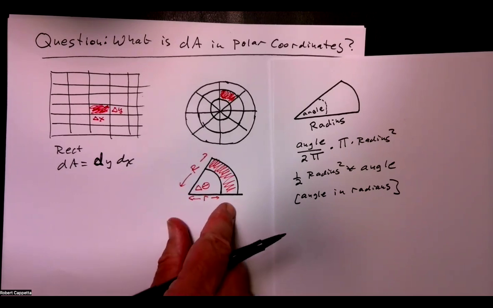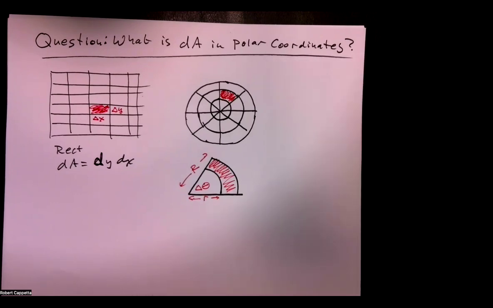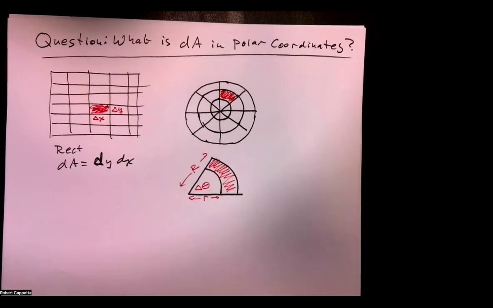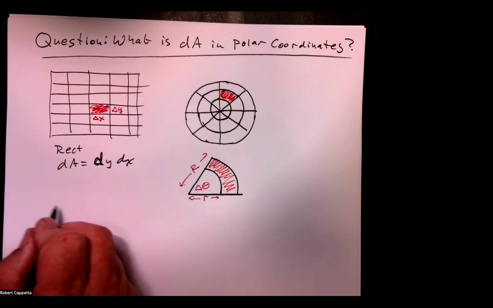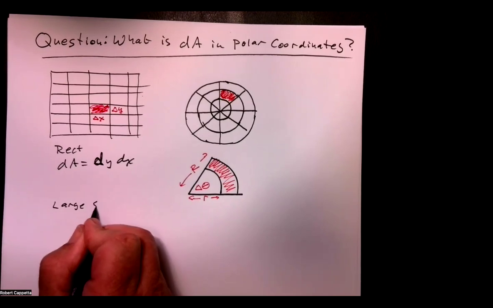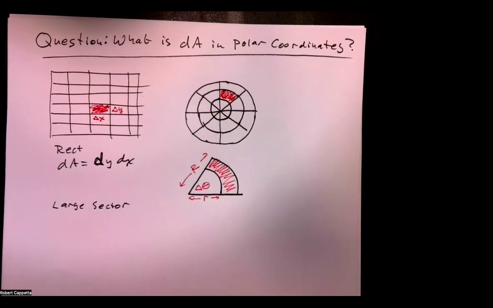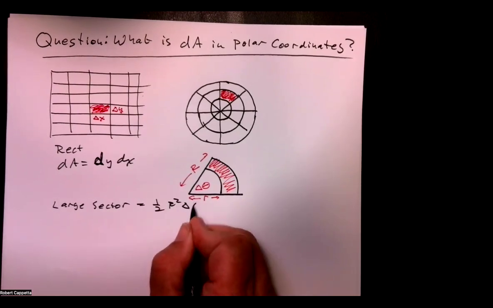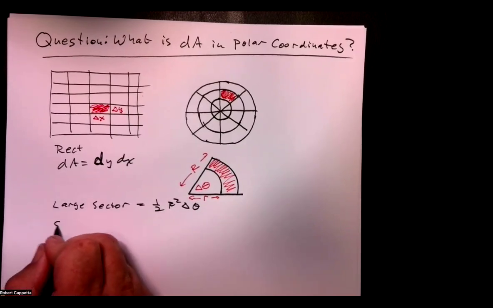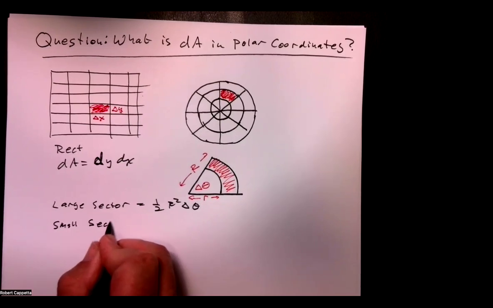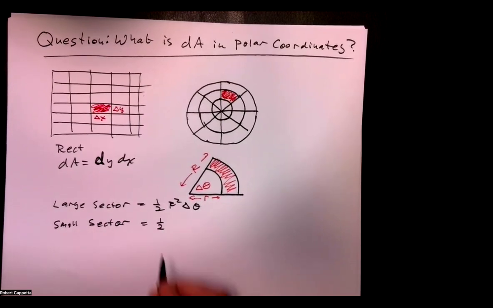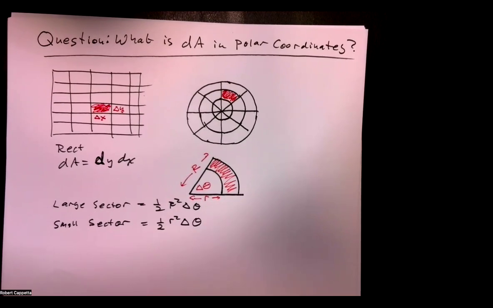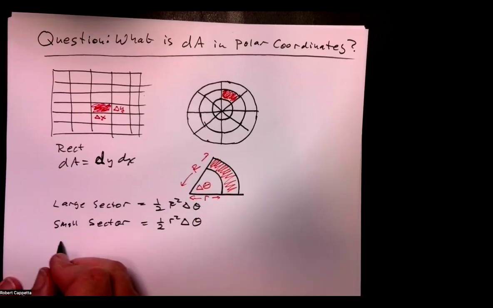So if we're looking at this, I have two sectors here. I have a large sector, and then I have a small sector, and I'm interested in the difference of the two sectors. So the large sector, what is my area? It's 1/2 radius squared times the angle. So that's 1/2 big R squared times the change in theta. And then we have the small sector. What is the small sector? That's 1/2 little r squared times the change in theta, because it's the same angle. So the difference, the change in the area,